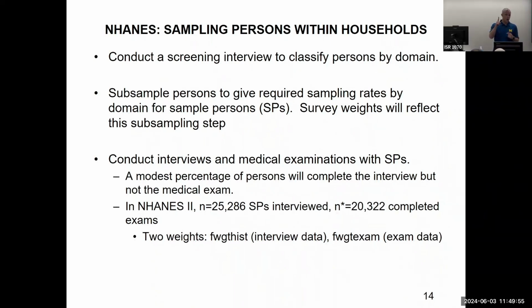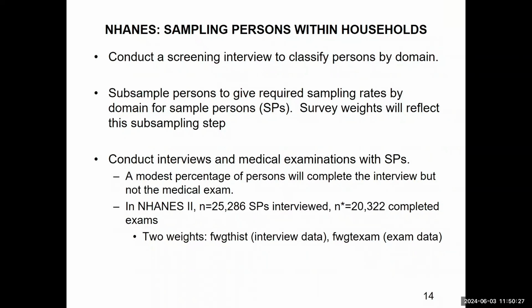All you need is one variable from that medical examination to necessitate the use of that exam weight, because the use of that one variable limits your analytic sample to the individuals who were subsampled for the medical examination. So even though you have a whole bunch of other medical history variables, you're still ultimately analyzing people who were eligible for the actual examination. So in that situation, you would need to use the exam